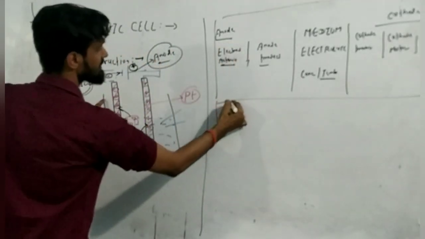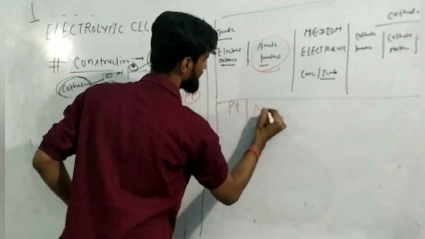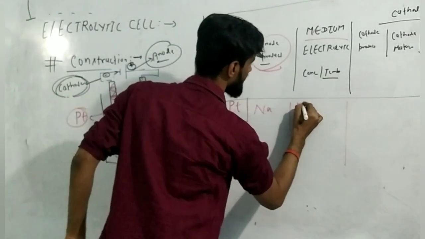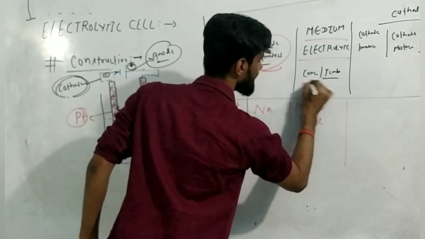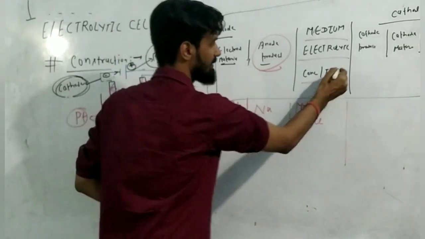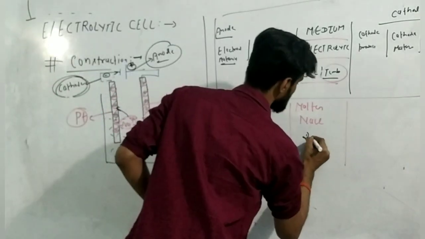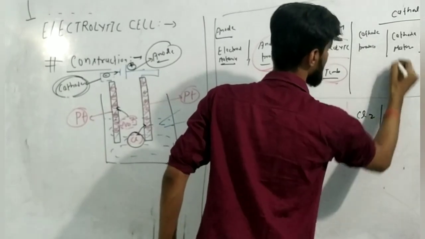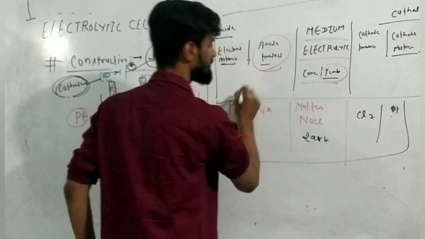Now, if you are going to denote this electrode, the anode is this one, so just write platinum. Anode product: on the anode you are getting sodium metal, so write sodium. Medium is molten NaCl, so I am writing here molten. Electrolyte is NaCl. Concentration, you don't need to write if molten is given. Temperature, generally we carry out the cell reaction at 298 Kelvin, so just write 298 Kelvin. Now cathode product: you have got chlorine, and the cathode material you have taken as platinum. So this was the notation part.